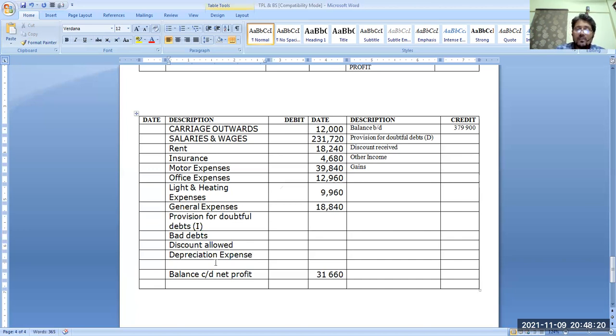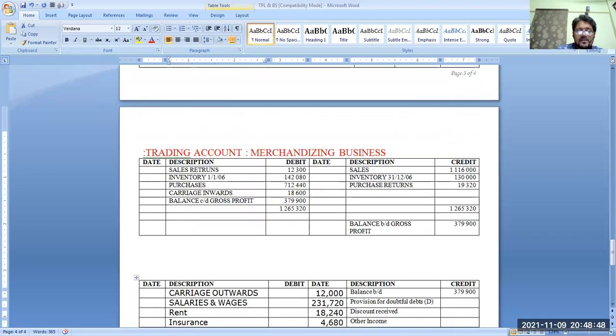How to calculate depreciation? We have already discussed it. It has been uploaded somewhere; you can find the video on depreciation. What about provision for doubtful debts increasing? We have discussed that already, and I have uploaded the video. Now, for all other expenses, I'm not talking about depreciation or provision for doubtful debts because I've already discussed them in my previous videos.